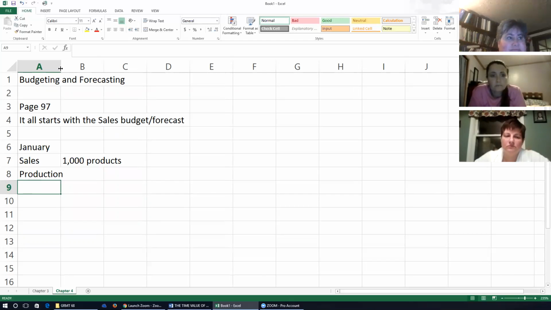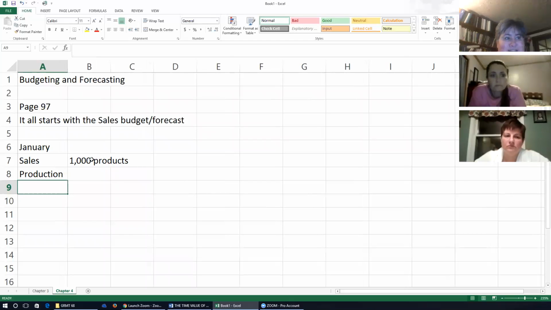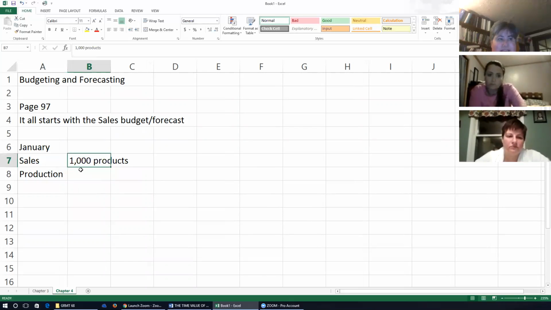And since that's only an estimate, I don't think I would give them just exactly 1,000 to sell. It would be wonderful if the estimates were a little low and we had enough customers to sell 1,100 products. So production often figures out what they need to cover the sales, how much cushion they want to have left over,